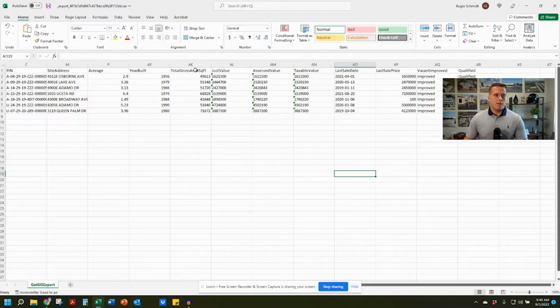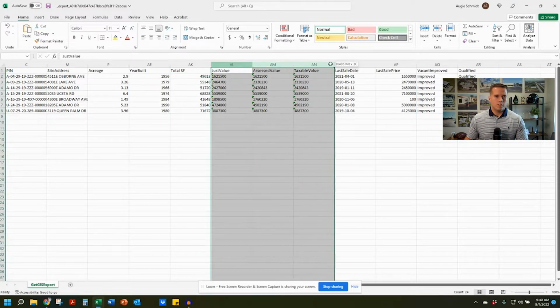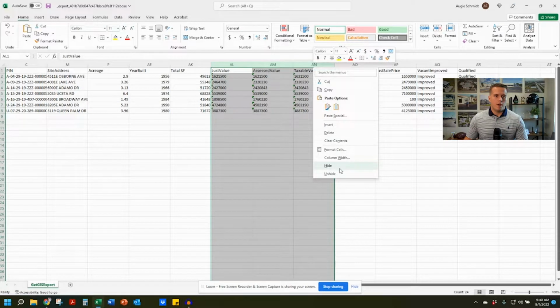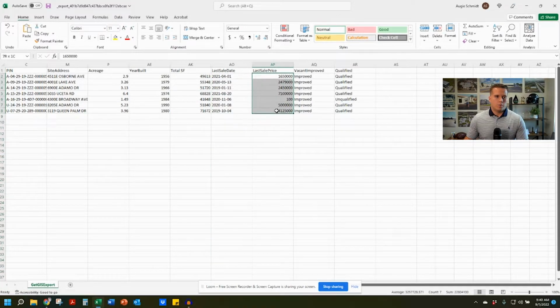And then you can rename these as you go along to make them easier for you to remember. And some of them have no spaces, so you can just clean it up and make it how you see fit. But like I said, the really important things that you need